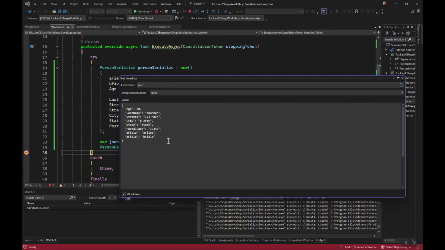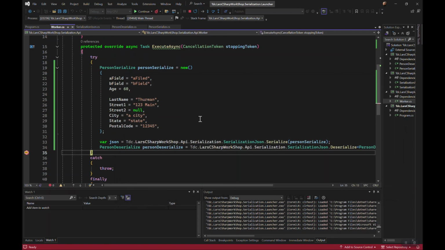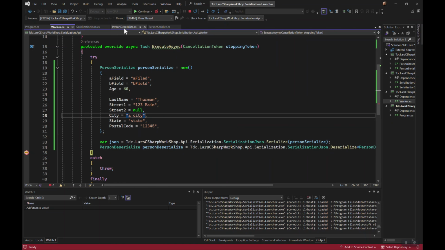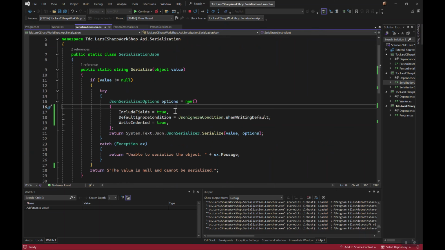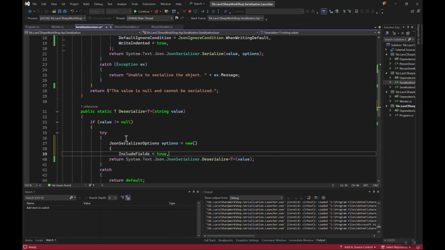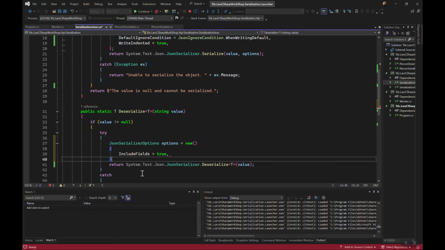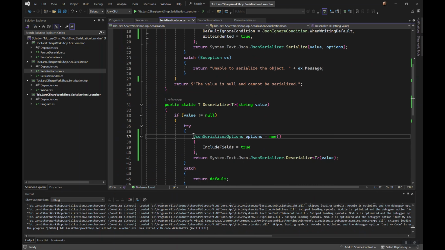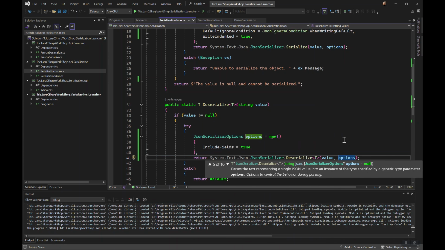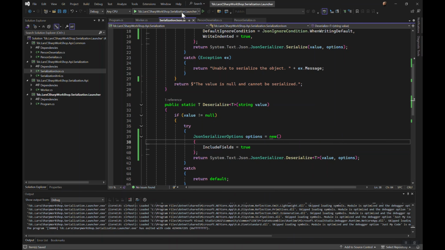So again, there's your A field and B field. And now let's check on the person deserialize. And these are null. Well, they're null because you need to also set this on the other side for the deserialize. So some of these settings are for both serialize and deserialize. After you add in your options here, don't forget you need to add your options over here as a secondary parameter. Now when we run this,